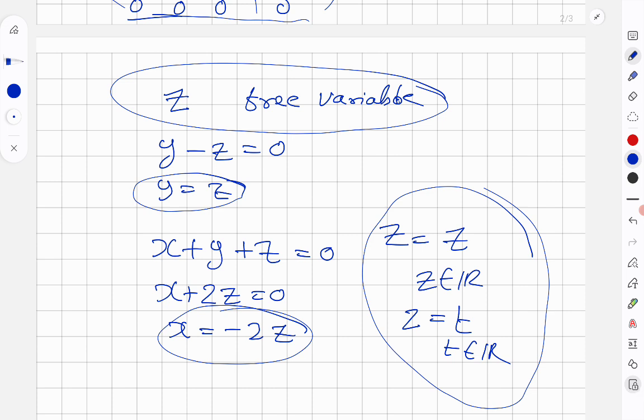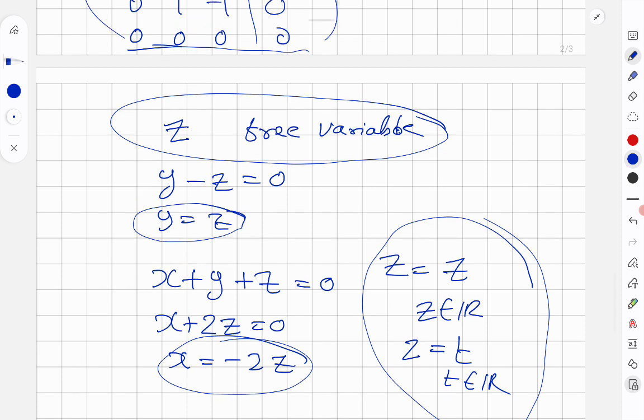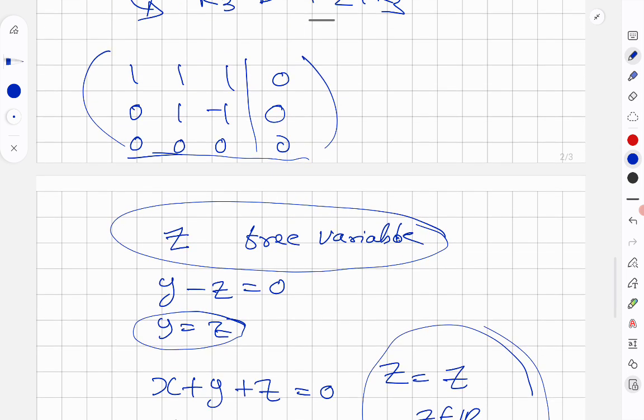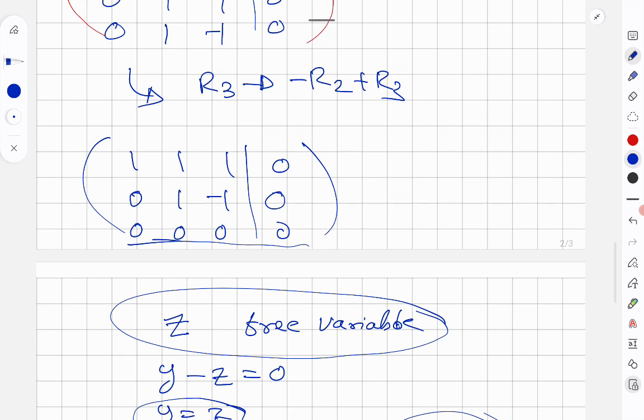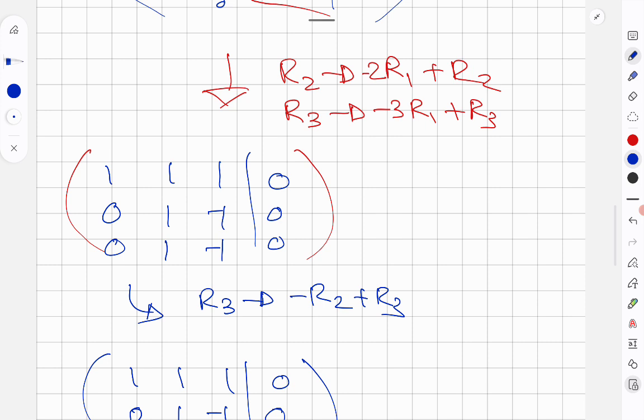But when do we actually call a free variable? When you have all the rows equals to 0. So since it's the third, we call z is 0. So if we have second row also, then y is, but subject to condition. Sometimes you will see in some questions we will change the rows, so you have to be careful in that. You have to remember. That's why I said write